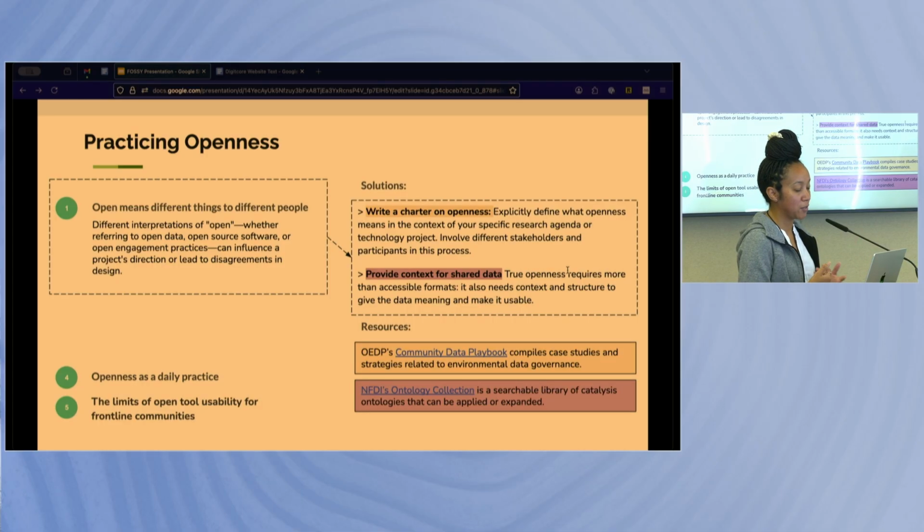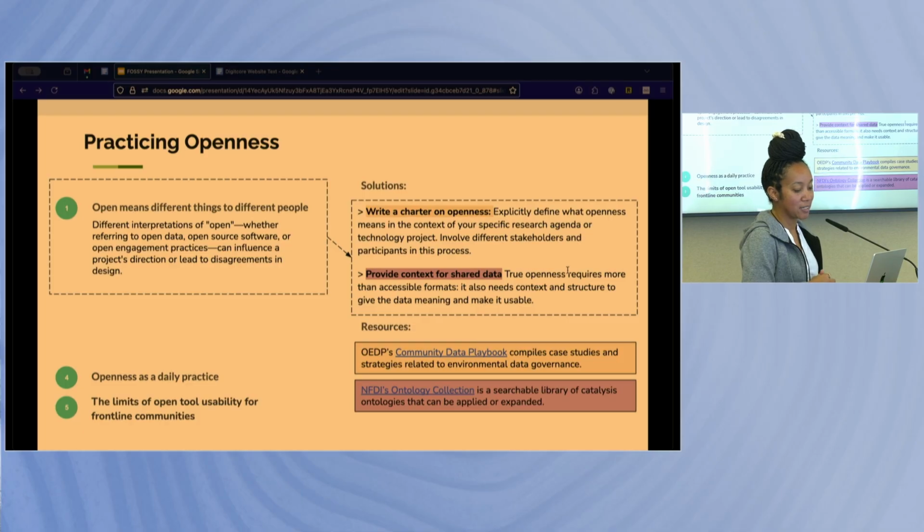So one of the things that we learned, and actually was one of the learnings of the project, because we definitely went in saying, okay, what's all the open stuff that people are using, and let's assess them, and let's look at Python, and let's look at these tools, and let's look at all these things. And then we learned that there was no pure open. So we had to kind of reframe that.